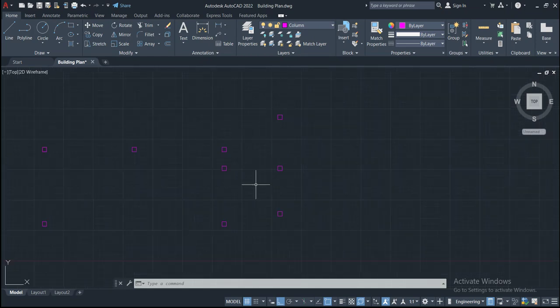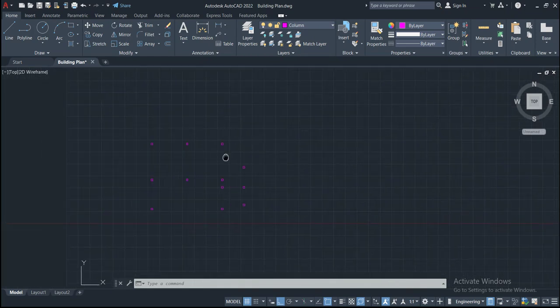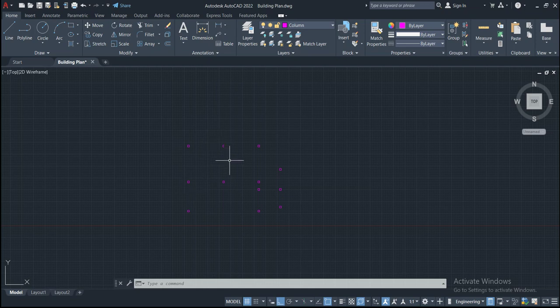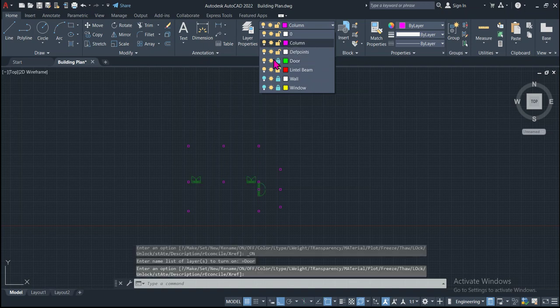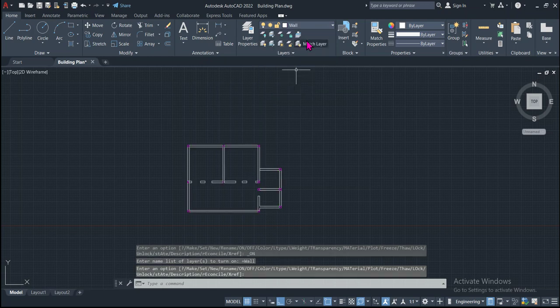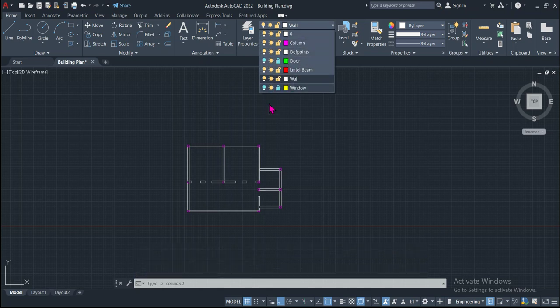So all these are the columns. As you can see here, there are a total of 5 plus 5, 10, and 2 are 12. So there are a total of 12 columns in this building. So now we will open only the walls and will close the layer of column. So we will let the column layer open,